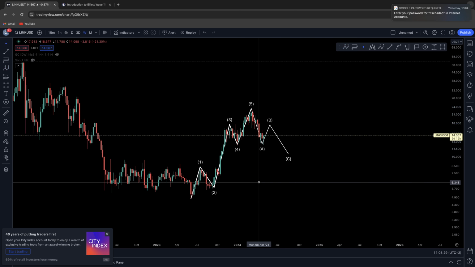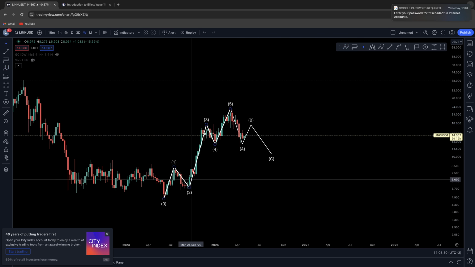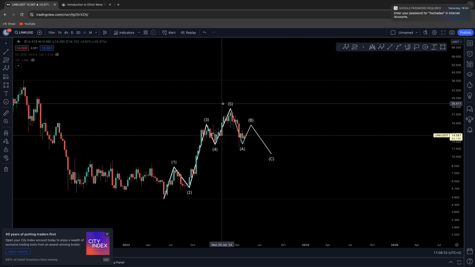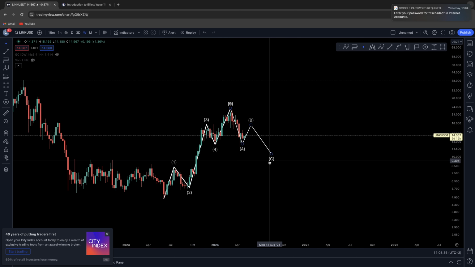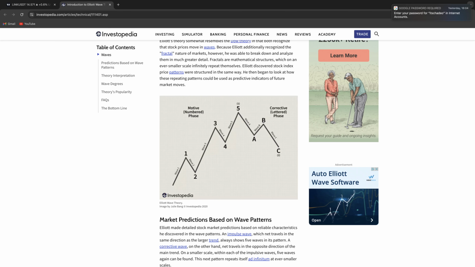So I think, again, if I said to you 1, 2, 3, 4, 5, big macro wave 1, and right now we're going for a corrective ABC potentially. And what it would look like is this. So this is how, again, Elliott wave theory works, and it's a corrective letter phase. So you have the wave 1, wave 2, wave 3, wave 4, wave 5, and then from the top of that big impulsive wave, you have an A, B, C correction where you sweep the low of A and put in a new local low,